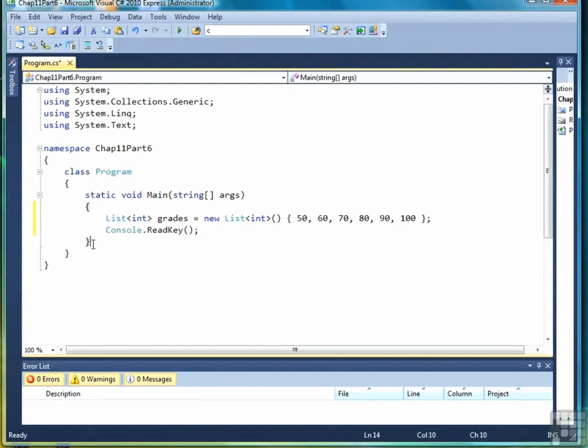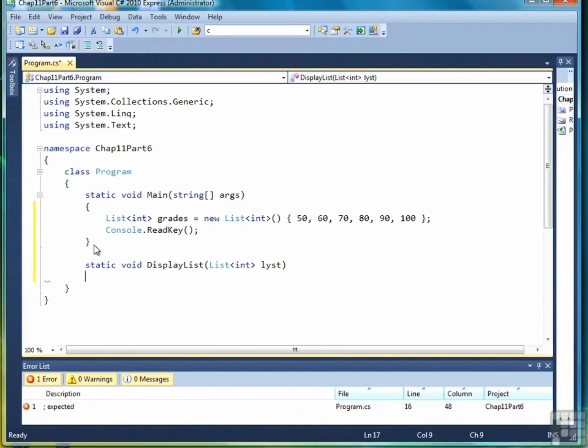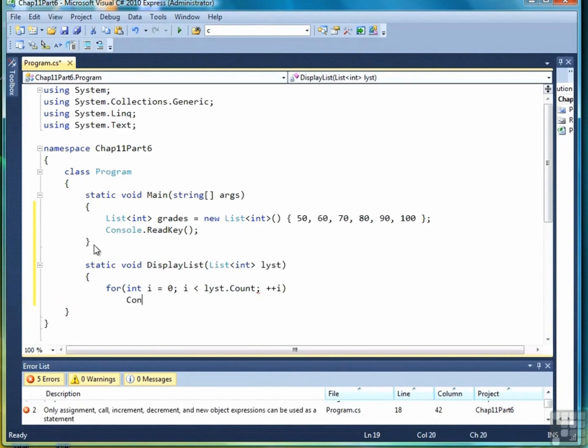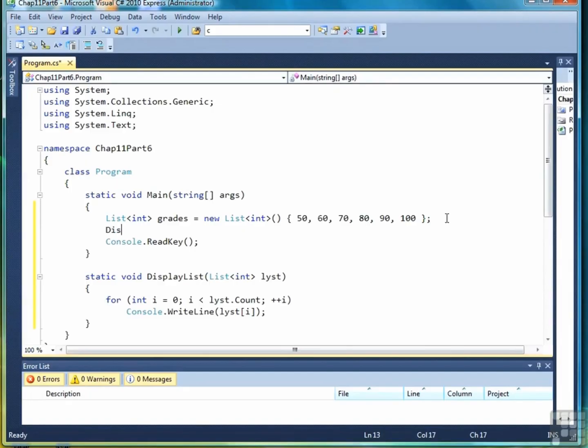Now, the first method we're going to create will be a general method that could display the contents of any list. So we're going to call this method DisplayList. Now, it will have to be a list of integers, but it could be any type of list. We're going to call this parameter lyst, thinking of some good generic name for it. So all we have to do is loop through the list as we're used to doing already. So we're going to go from 0 to less than Count, and we'll do a Console.WriteLine, although we wouldn't have to do it that way. lyst sub i, like so. So let's call this method in our main program,